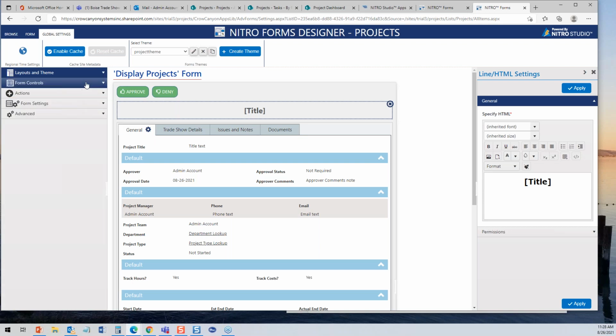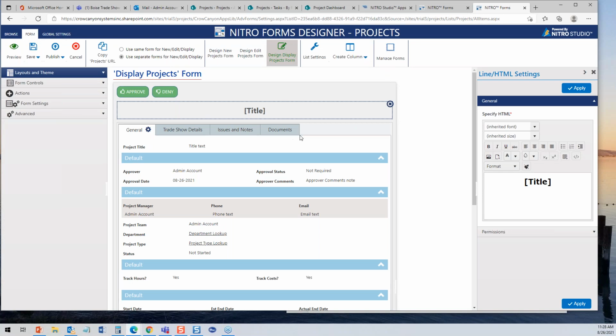So, people are going to ask inevitably, can it do this? Can it do that? So please, if you are interested in anything with UI, you need the form to look a certain way, get in touch with us and we'll help you out. There's a lot more I can show you. And I think what I'll do here is just go one more thing. I'll add another tab